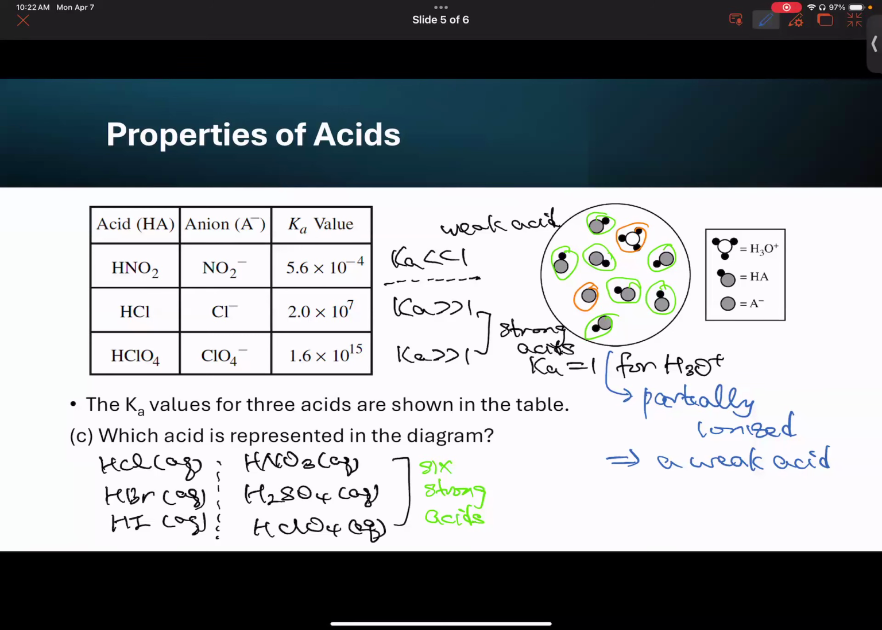So in this case, this is partially ionizing, must be a weak acid, and nitrous acid will be the answer. All the other acids, the K value is very large. They're all strong acids. So this one is asking about the concept of strong acids and weak acids, and is asking us to recognize them. Can you recognize those strong acids and weak acids? And this concept also in combination with the